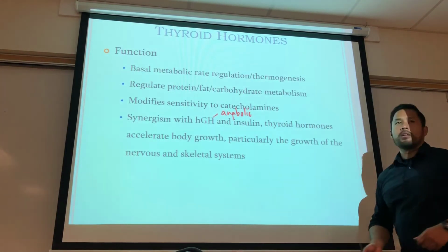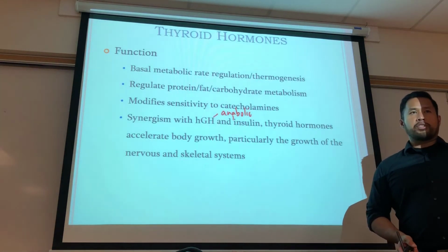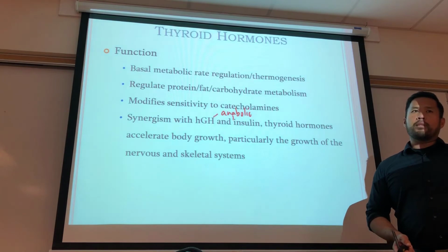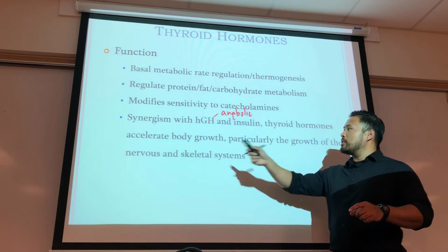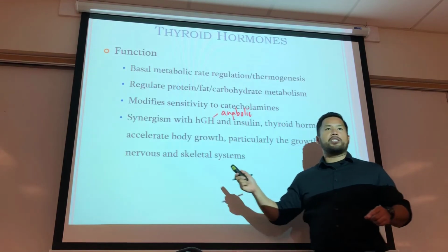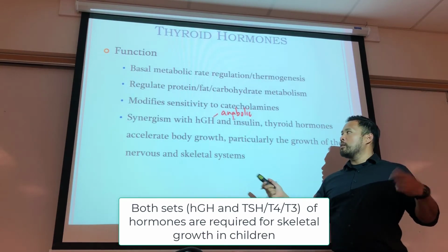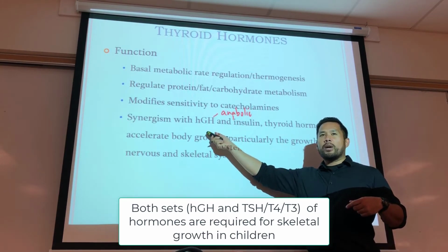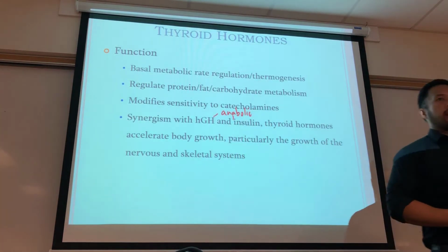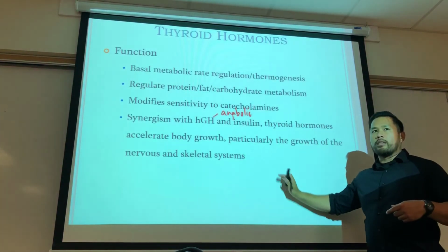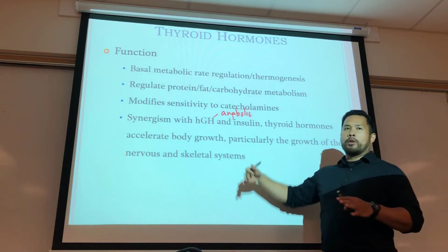Now they can derive thyroid function by just doing blood tests, looking at T3, T4, and then they can measure TSH. And if they don't see any problem with the thyroid metabolism, that's where the other component comes in. T3 and T4 work synergistically together with HGH. So combine HGH, T3, and T4. If T3 and T4 levels are normal, but HGH levels are low, well, then we know where the culprit is. And what they could do at that point is give children that are a little bit slower in the development stage, at least physically, human growth hormone to speed it